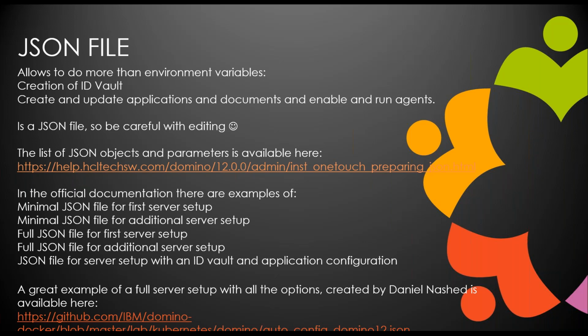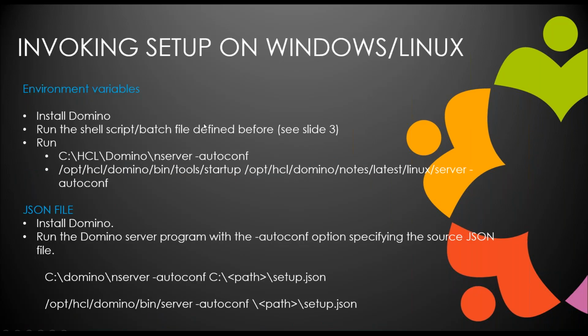So then, once you have your files ready, you can invoke the setup on Windows or Linux in two different ways. If you have environment variables, you have to install Domino, run the shell script or batch file that I put up in the previous slide to export the variables, and then run HCL Domino server -autoconf